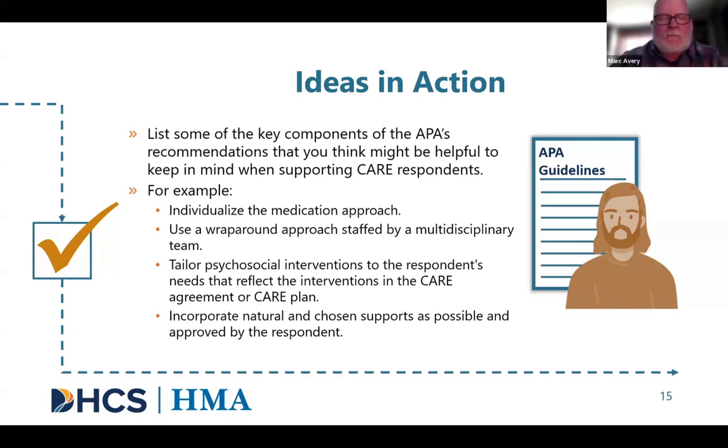Sure. Well, we've got a few ideas here already printed out for you on the slide to consider. And I was thinking, Deborah, as you were describing the assertive community treatment model, that it utilizes a multidisciplinary team approach that generally has a wraparound approach to the patient. And by that, we mean the services wrap around the patient or consumer with the idea that we do our best to address all of the person's needs and avoid the person falling between the cracks.